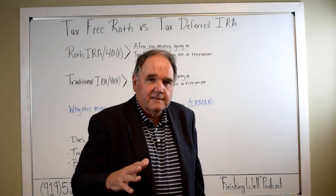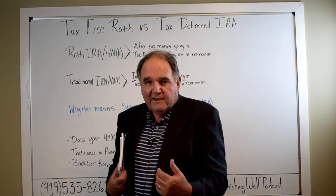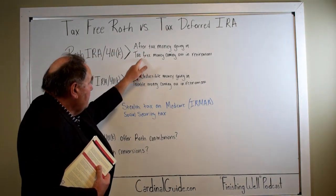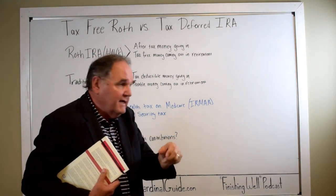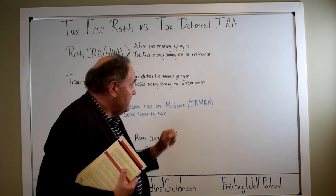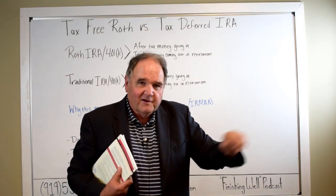without paying any additional taxes. Now, the one negative that he's going to find is his paycheck's going to get a little bit smaller, because when they take out that $1,500 a month, they're going to be doing that after taxes instead of before taxes. So, you know, tax-free is more painful on the front end because you're putting in your after-tax money, and on the traditional IRA 401k, which is where most money of most people is, it's less painful because it's almost like you're depositing the government's money, your tax money,